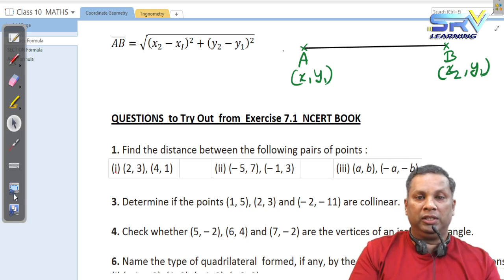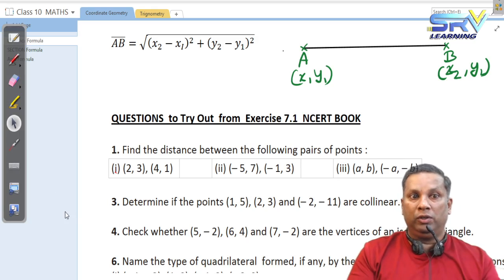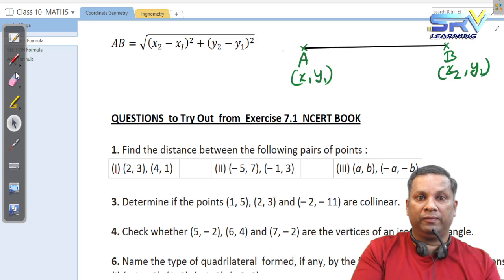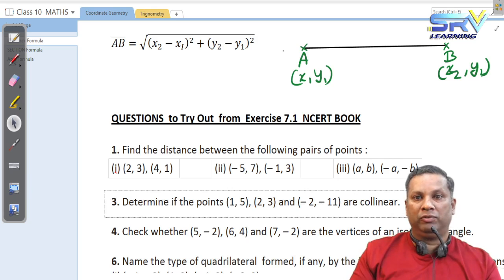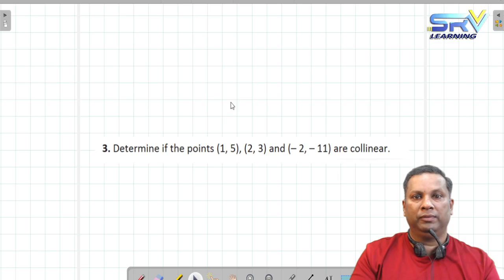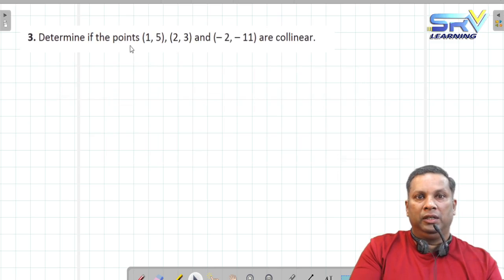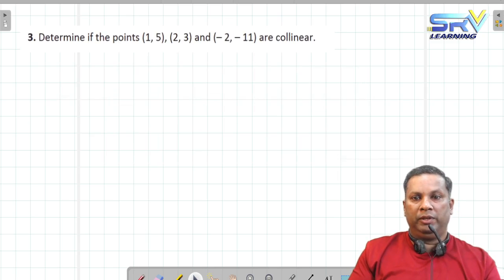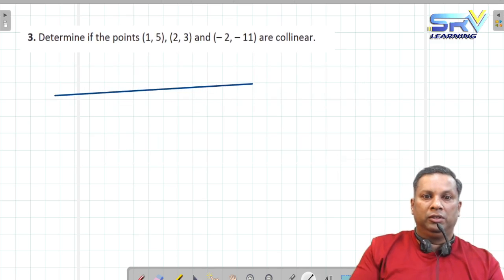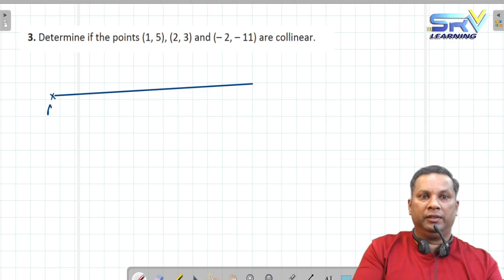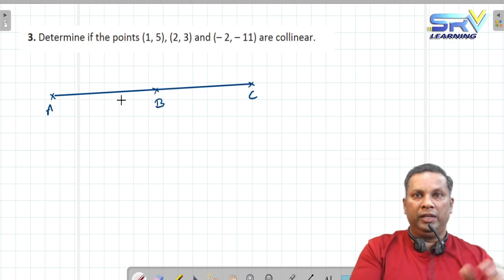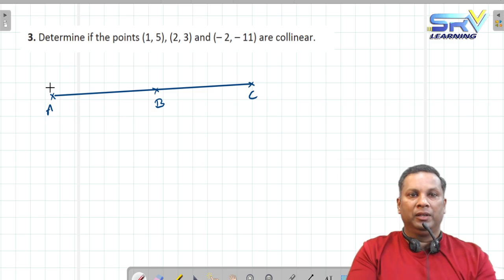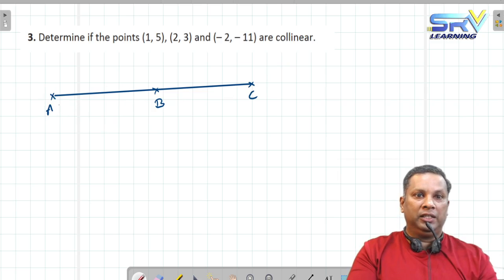Before that, there is one more thing, if 3 points are collinear. I told you that 3 points are collinear only if there are 2 conditions. You can check my concepts video, but again I am going to explain it here. See, if 3 points are collinear, it means they should be on one line. This is one line. So if this is point A and this is point B and this is point C, collinear means all on the same line. Okay? So if this condition has to be true, if they have to be on same line, then